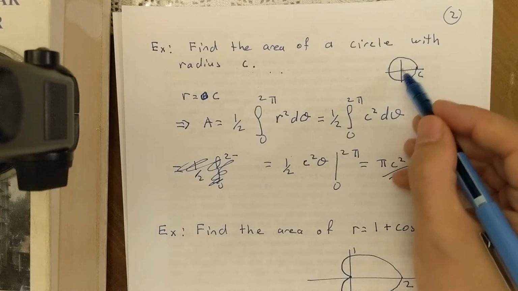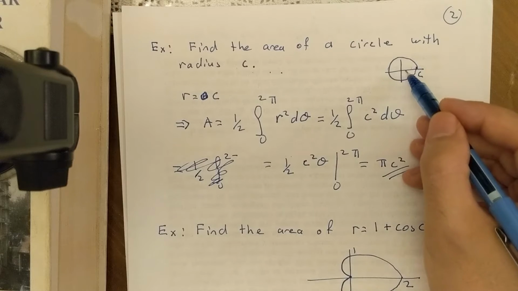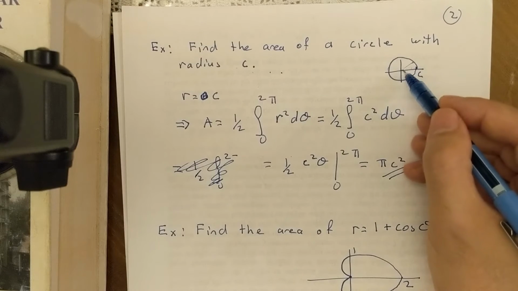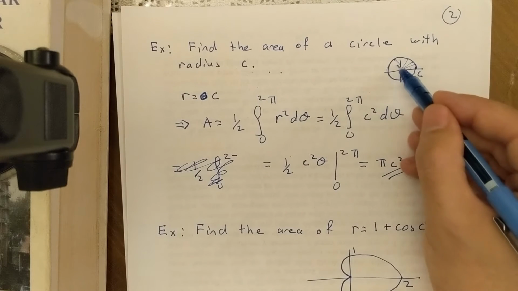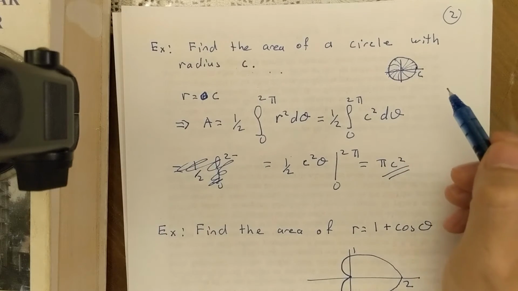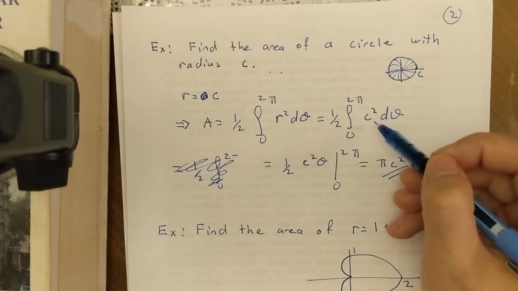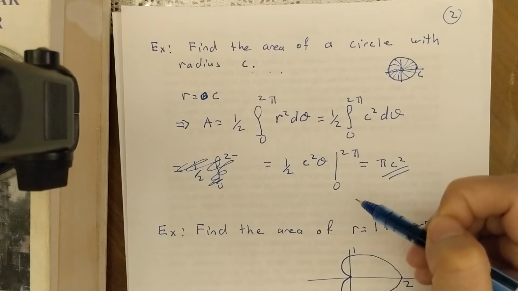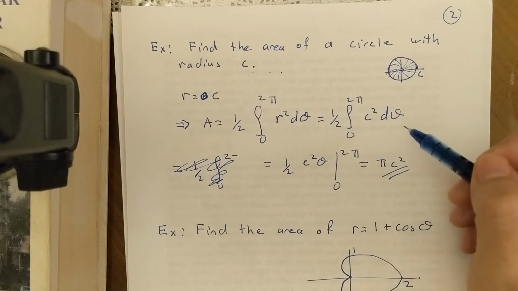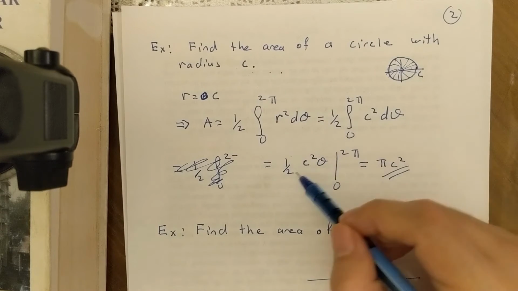So how long does it take to sweep from the origin? Think about rays coming out like this. You will sweep the whole circle when you go around 2 pi radians. So it's going to be 1/2 integral from 0 to 2 pi, my r was equal to c, so c squared d theta. Now we're going to integrate it, and once we integrate with respect to theta, we get 1/2